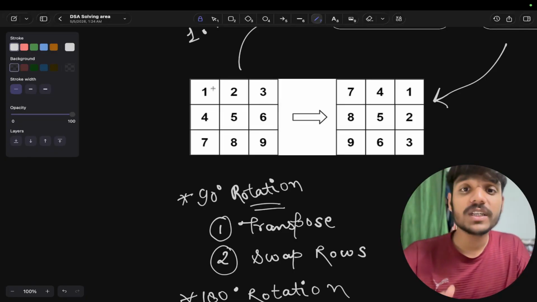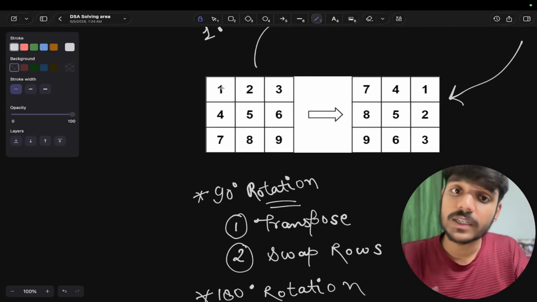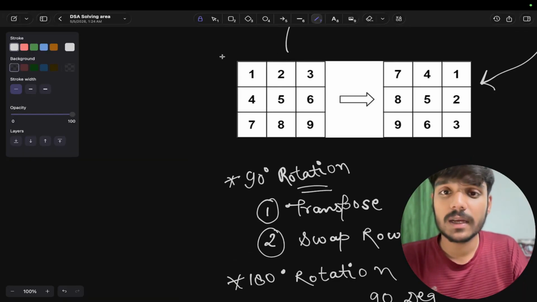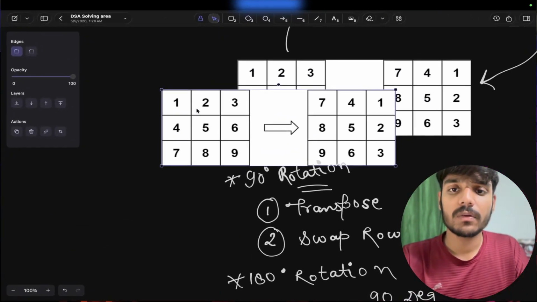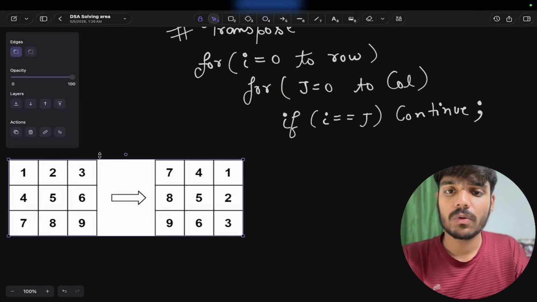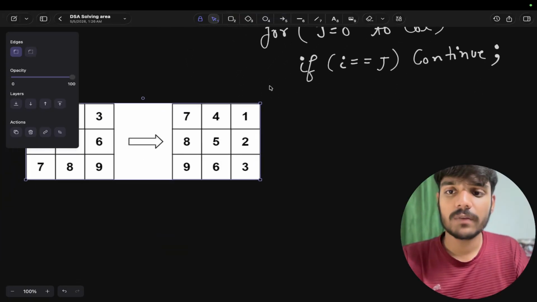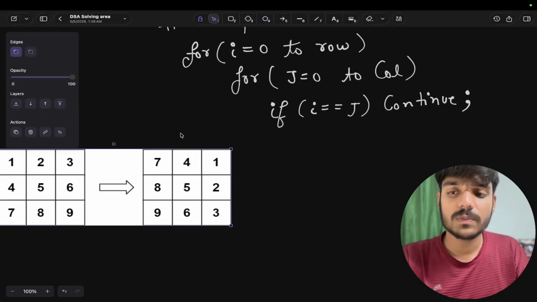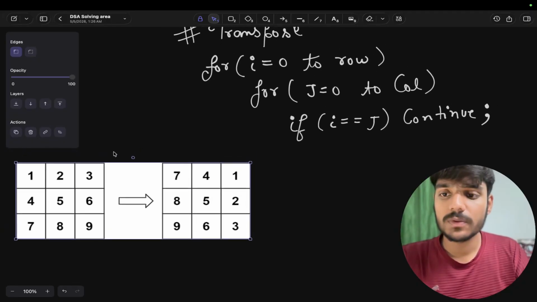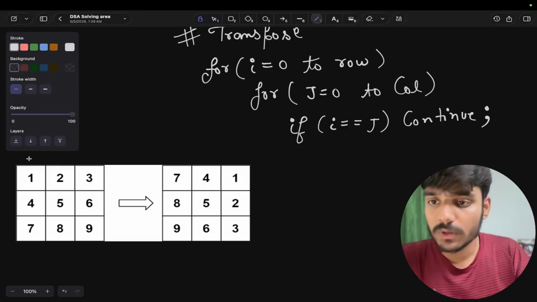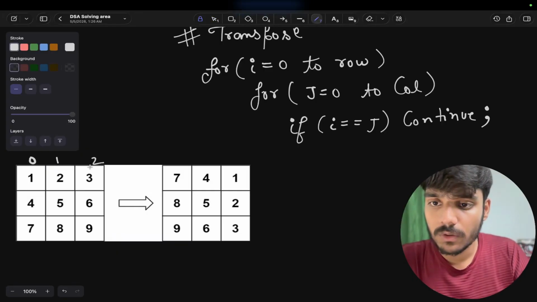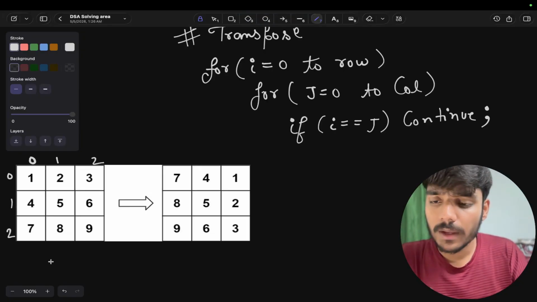So now, what do we need to change actually? What we need to change actually is these elements. So how can we take that? We can just make it a duplicate, and we can transfer it to the bottom. Okay, good. So what can we do now? We just have to transpose this. On transposing, what are we changing? So that's the 0, 1, 2, 0, 1, 2. So the location